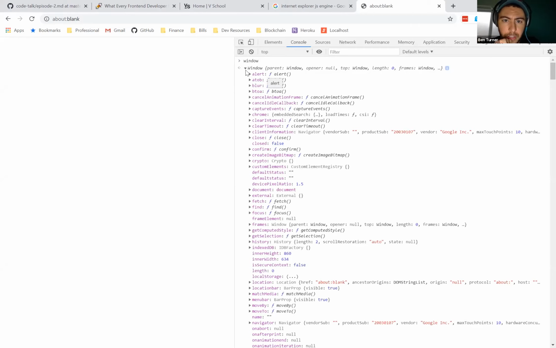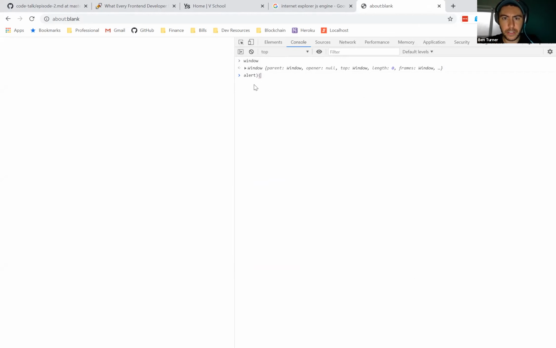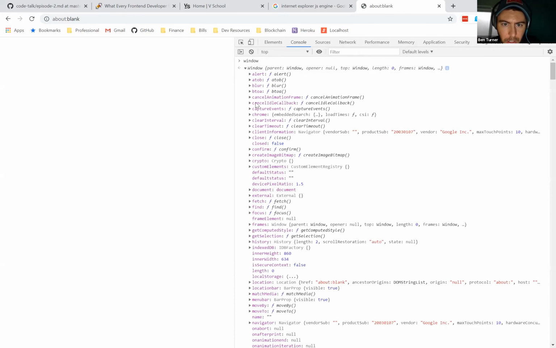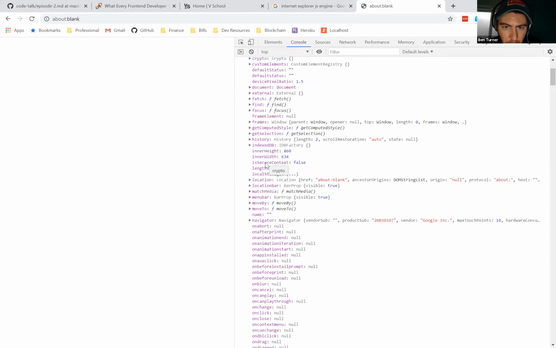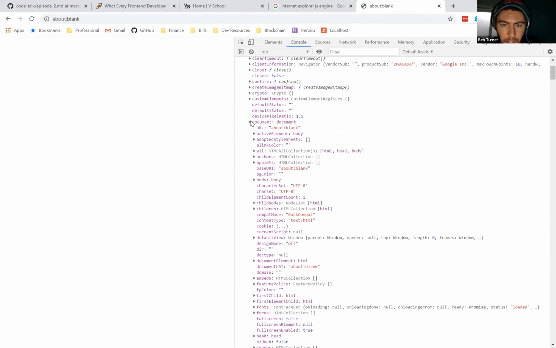So if we look at this, we will be able to see things that you should be familiar with, such as alert. So it's what allows me to do this. The window is what provides that function, and all of these guys. Document is on here, which I would imagine most of you have used before, right? Document.getElementById, for those of you who do React. So the window object is the global object for everything.